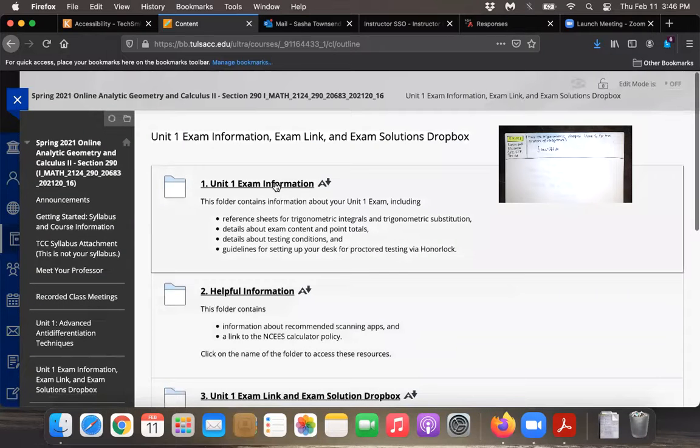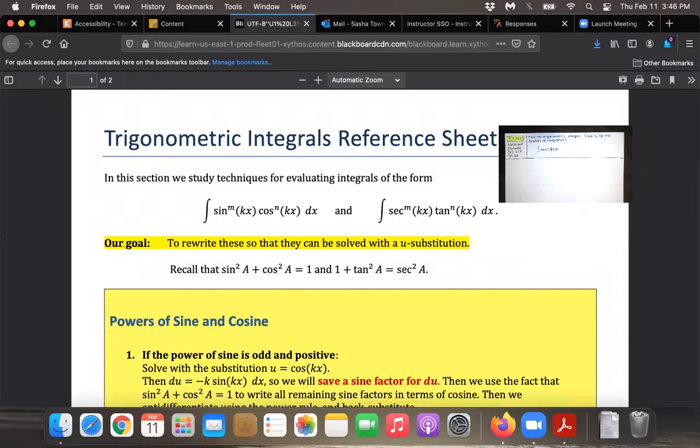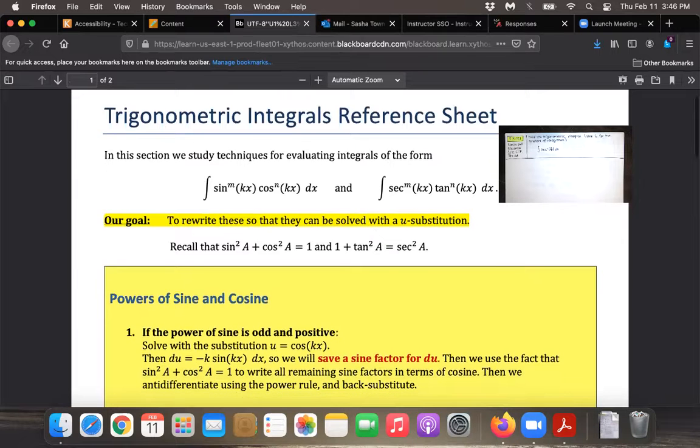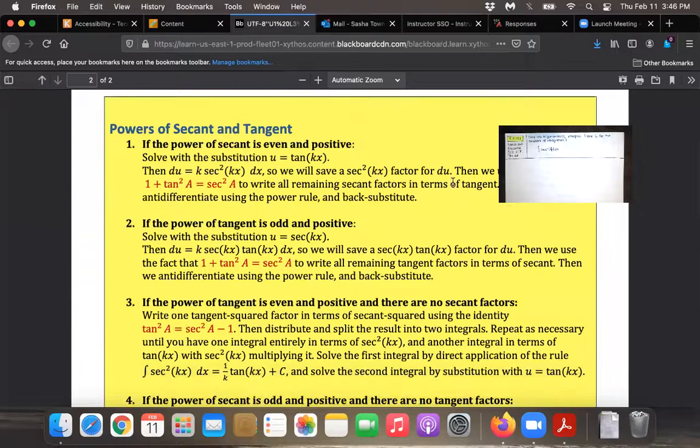So I go here and then click here, and then you see your 2 reference sheets. You'll have access to this during your exam. We know we're dealing with a secant to the 4th power, so we're dealing with powers of secant and tangent. The guidelines for that are on the 2nd page. We've got a secant to the 4th, so the power of secant is even and positive. So we're going to start with the substitution